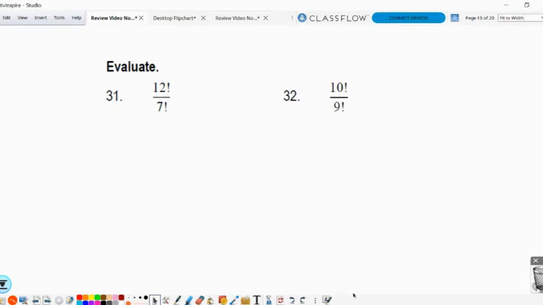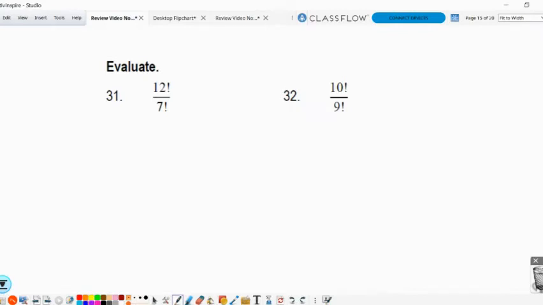In our last section, we're going to be using the factorials and Pascal's triangle to expand some binomials. So let's start with our factorials in number 31. 12 factorial over 7 factorial. So we're going to get an idea of what each factorial looks like and see what we can cancel before